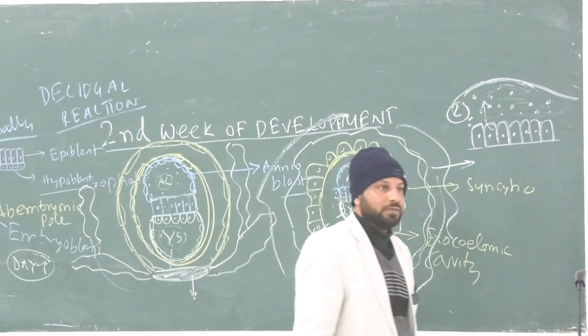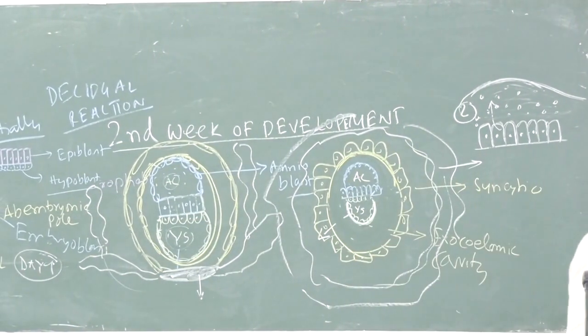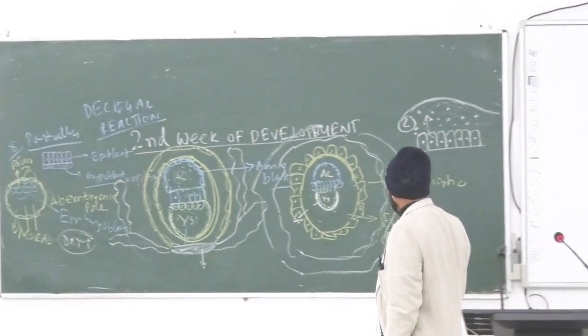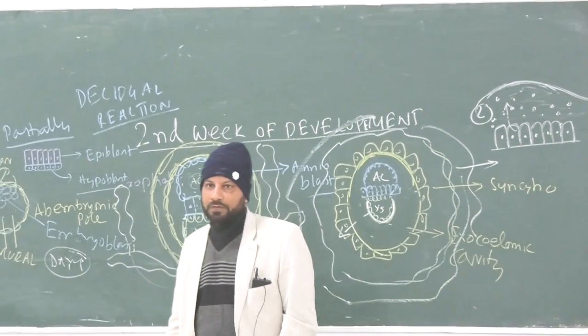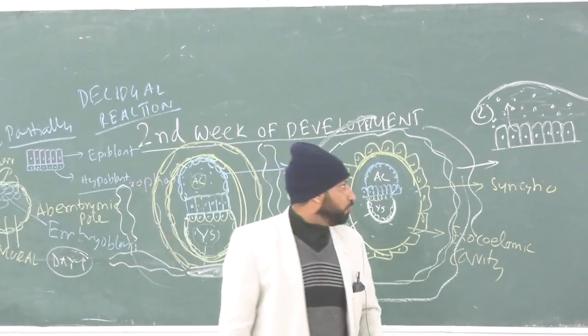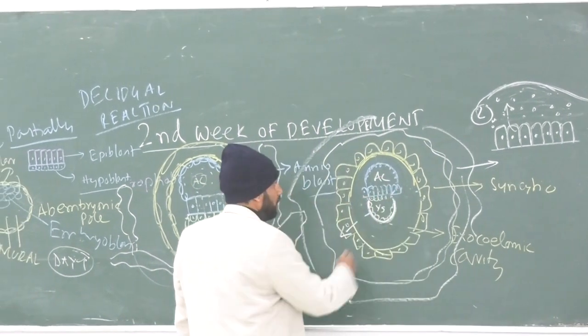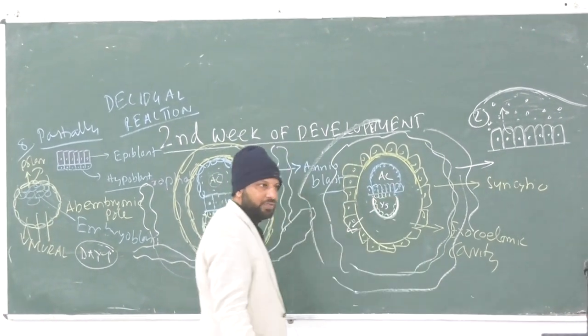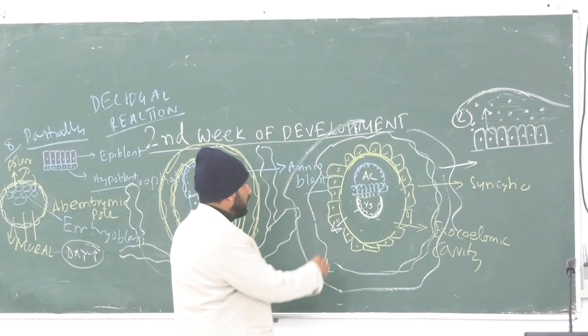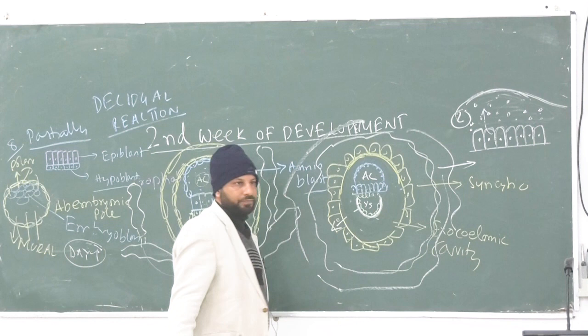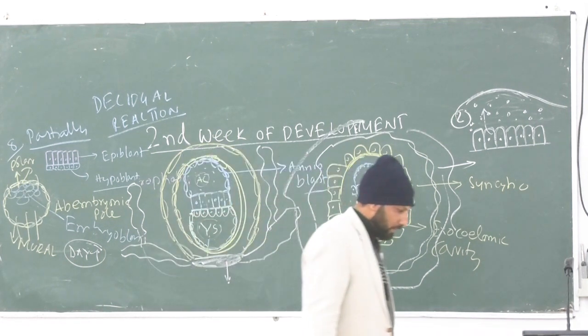Exocoelomic cavity or primary yolk sac cavity। তাহলে কি এটাই রয়ে গেল, আর কিছু হবে না এরপর? টু যে বলছিলাম, টু ক্যাভিটিস, টু লেয়ার, জার্মস লেয়ার, হাইপোব্লাস্ট, এপিব্লাস্ট and trophoblast।